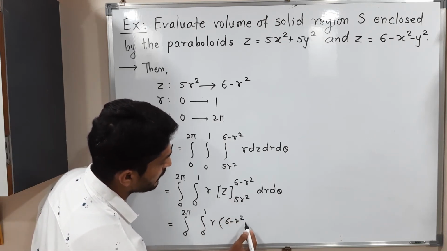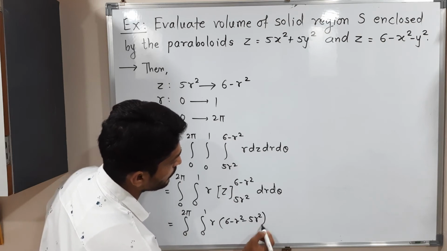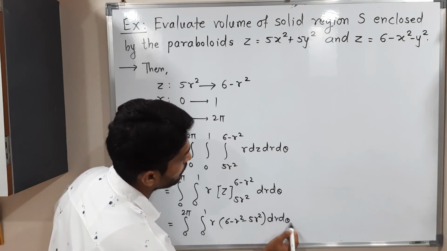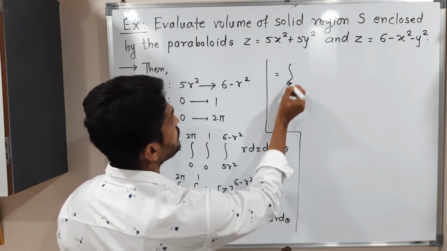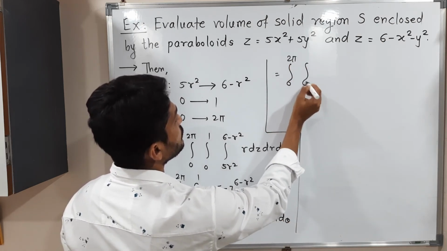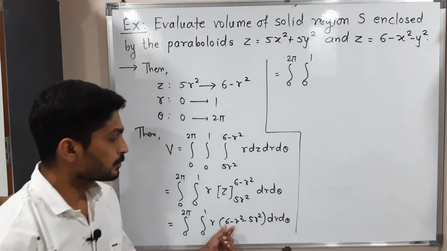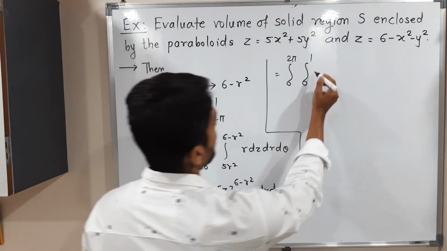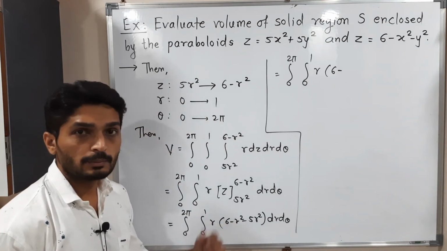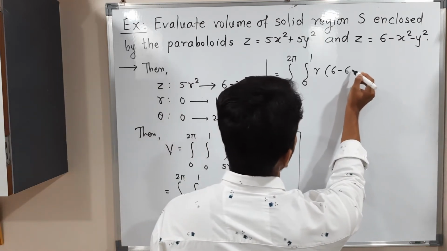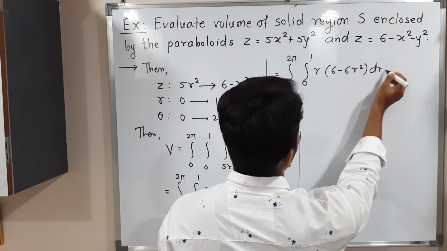Lower limit is 5r square, dr d theta. So we can easily solve it further, getting integration 0 to 2 pi, integration 0 to 1, r times 6 minus r square minus 5r square, that means minus 6r square, dr